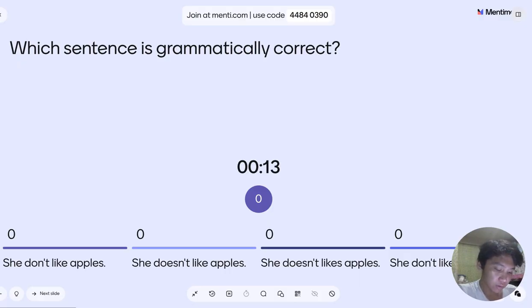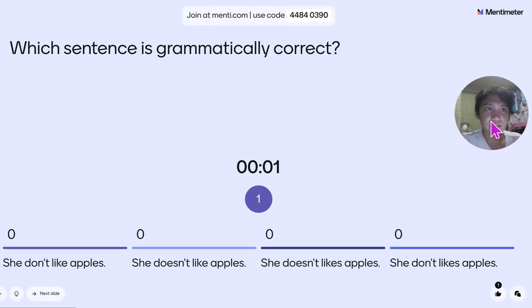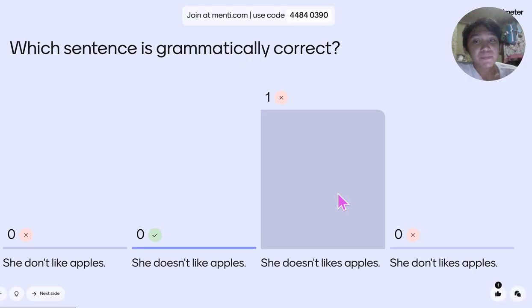So for example, if I were to choose a question, the answer, and I'll choose that one answer, it will most likely lift up. Let me move here. It will move to this. After the timer stops, it will show the overall status and which of the students got it wrong and which of the students got it right. So since I chose the wrong answer, there's no one who got it correct.